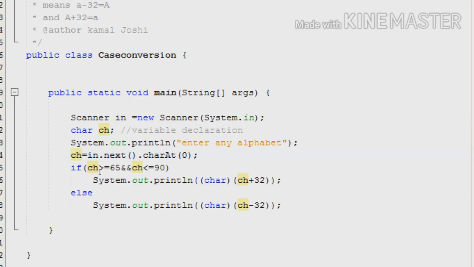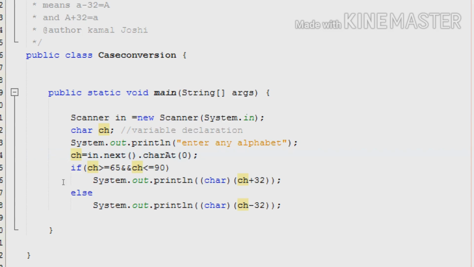When you give any input, it will store in ch. It takes the first character, char at 0 means the first character of any word.